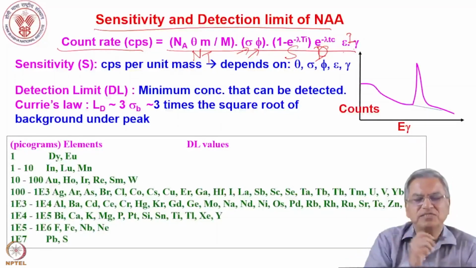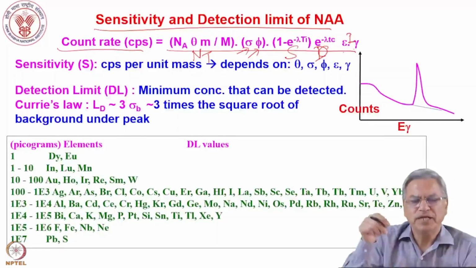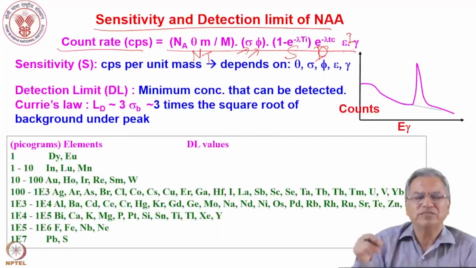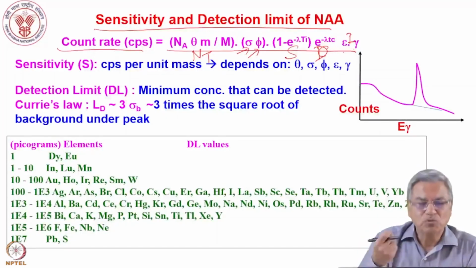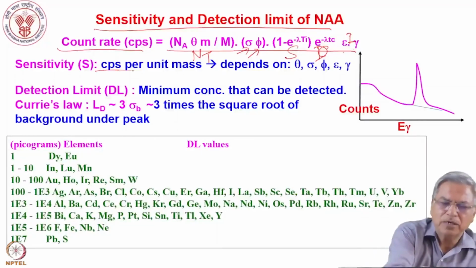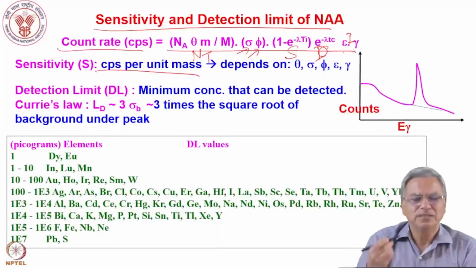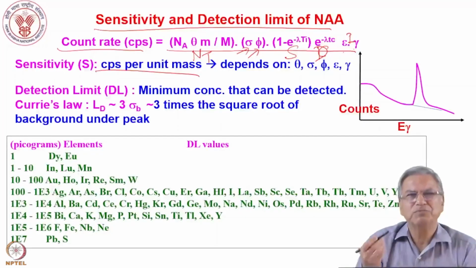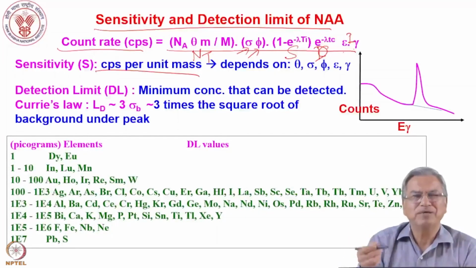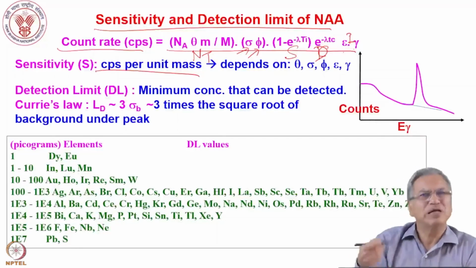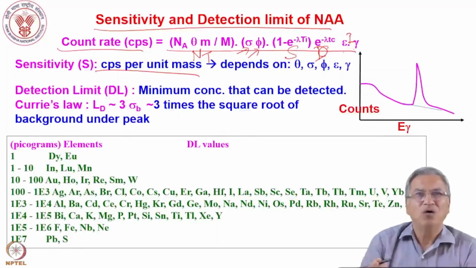So what is sensitivity? Suppose you irradiate 1 microgram of the sample, how many counts per second do you get? That is called the sensitivity. So counts per second per unit mass, let us say per microgram. So sensitivity can be written as CPS per microgram or CPS per milligram or CPS per nanogram. So if you have a sample containing 1 microgram or 1 nanogram or 1 milligram, what are the counts